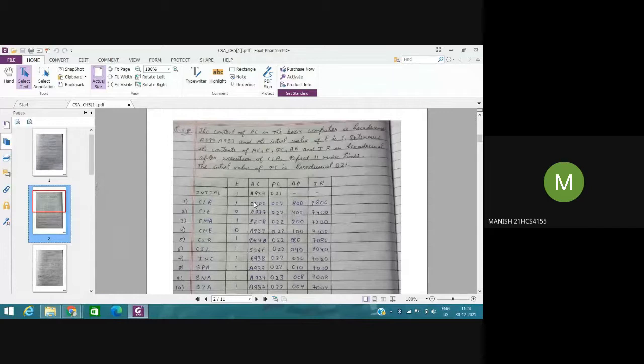So first of all, we have the value of AC as A937 as it is given in the question, and the value of PC is given as 021. AR and IR do not have any value, so we put a dash. Now first of all, we will implement the clear AC instruction. In the clear AC instruction,